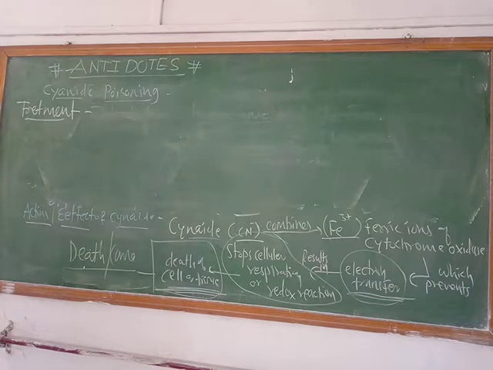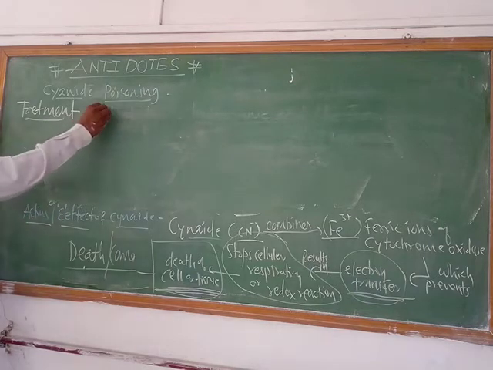Firstly, the injection of sodium nitrite is given, which causes oxidation of the ferrous ions of hemoglobin to the ferric ions of methemoglobin. First, we give